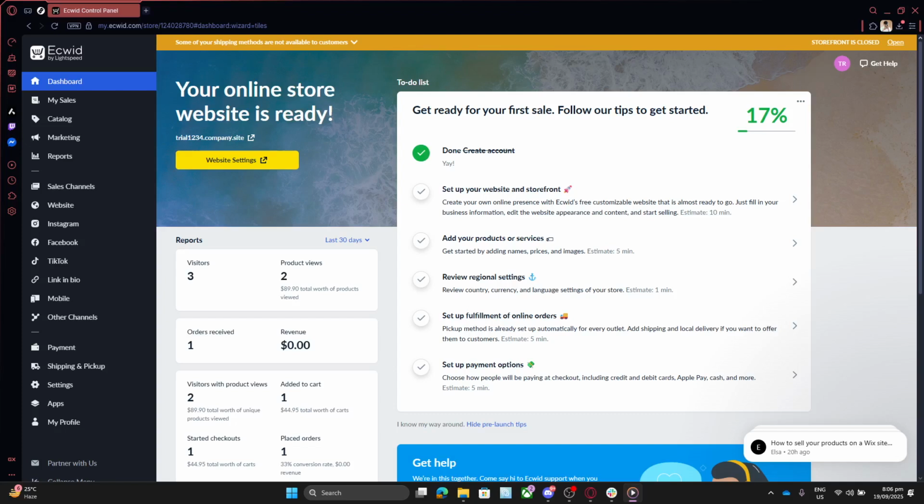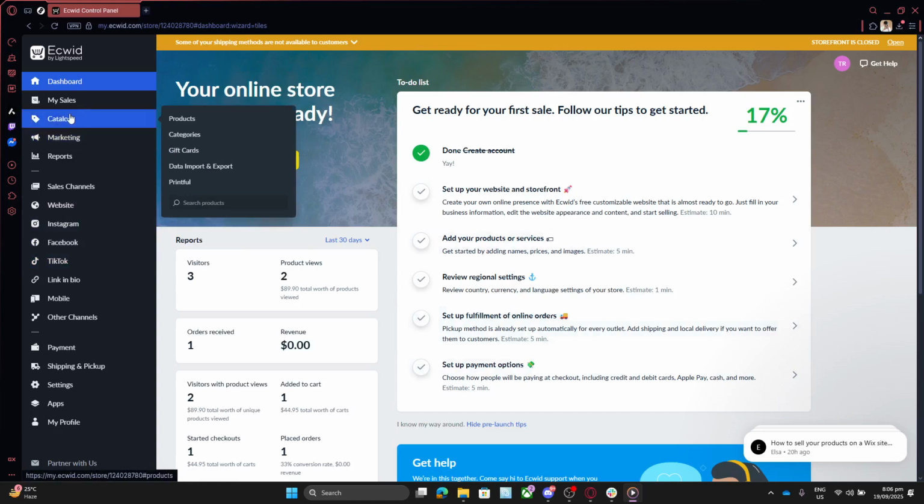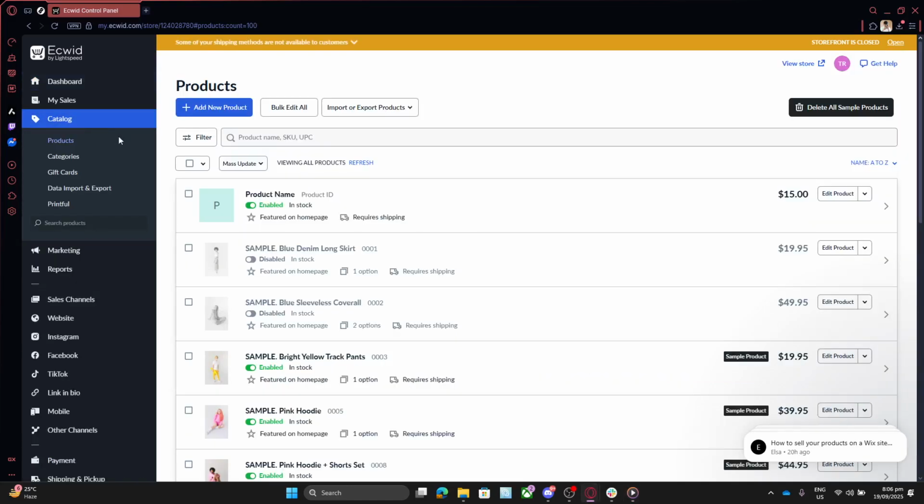First, we need to navigate over to your Ecwid dashboard. Once you're there, take a moment to locate and click on the catalog section. Now, why are we doing this? The catalog section is essentially your control room for managing all your store's products, so it's the perfect starting point